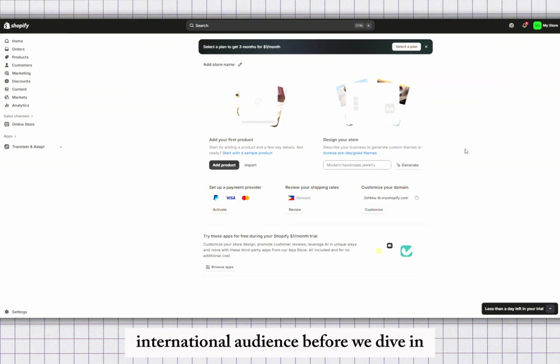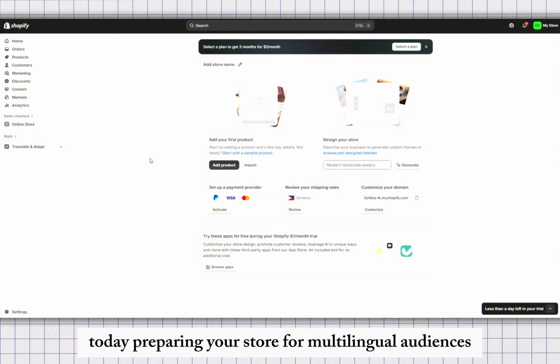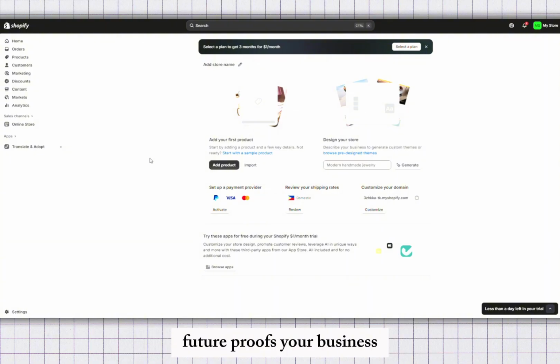Before we dive in, it's important to understand why adding multiple languages matters. Shopify stores that offer translated content often enjoy higher conversion rates, lower bounce rates, and improved trust with international customers. Even if you're not actively targeting global markets today, preparing your store for multilingual audiences future-proofs your business and expands